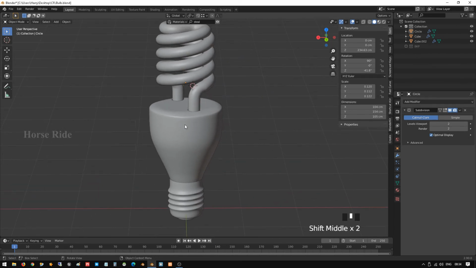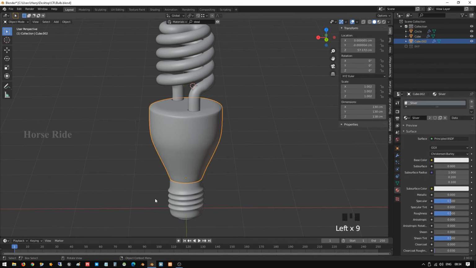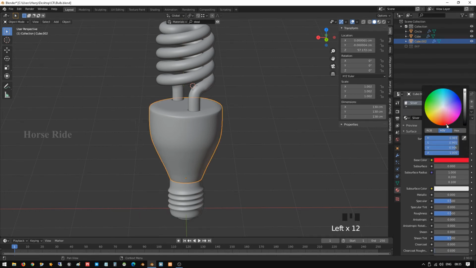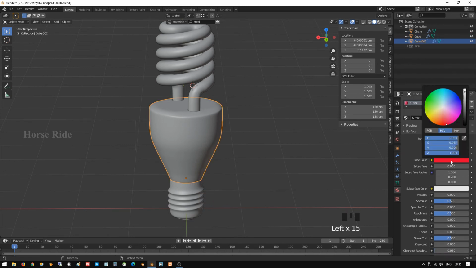Let me remove this one, not required here. Then this one and this one are different silver. I'll make it red for timing. This one, okay, fine, both are different. Okay, fine, we are going to do it now.